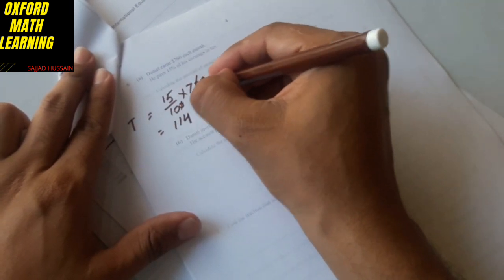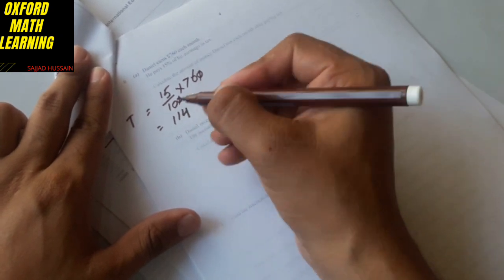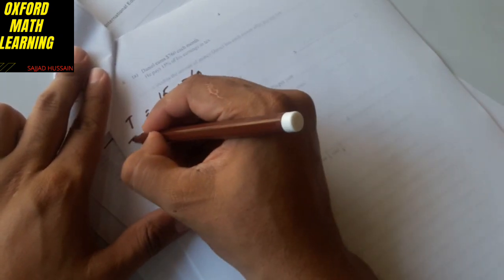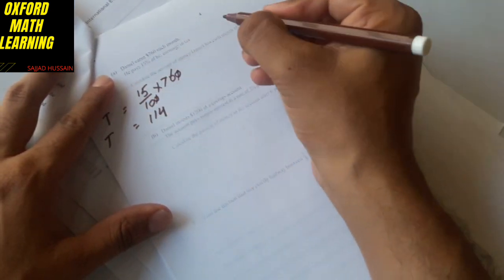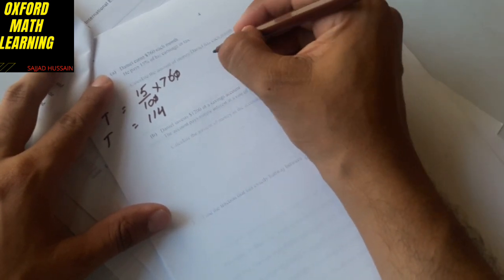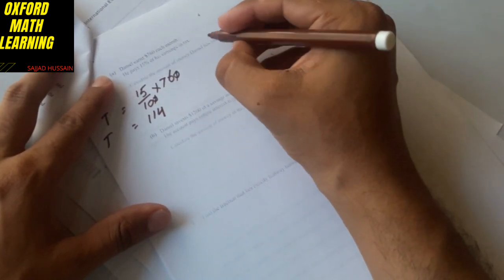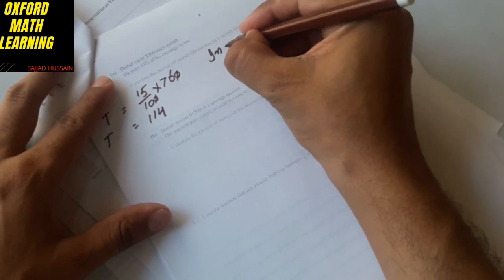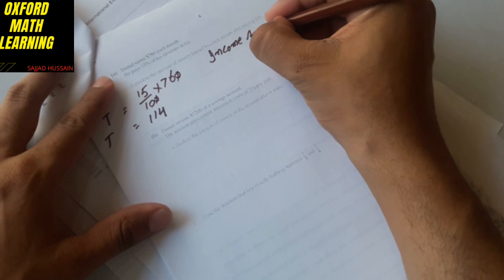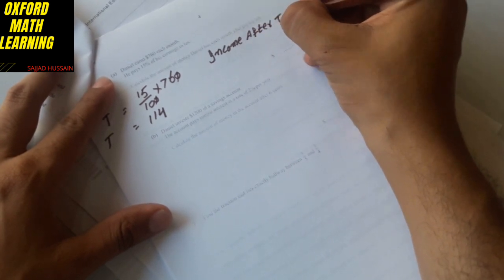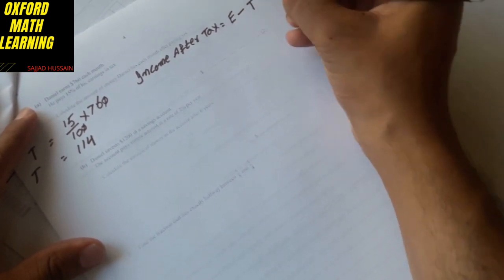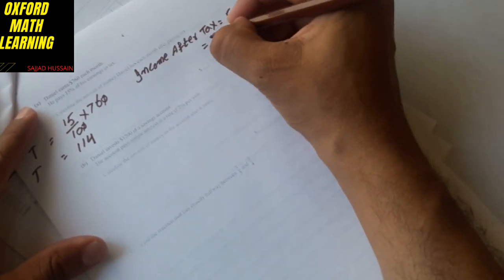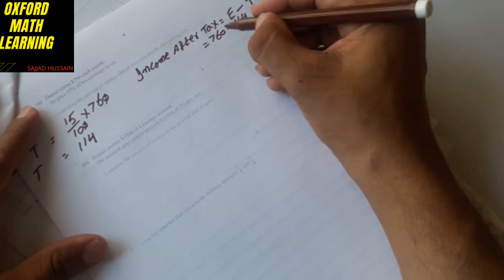0 will be cancelled with 0 and then we will simplify it. This will become 1140 divided by 10 is 114. So tax is 114. So we have to find earning. Calculate the amount of money Daniel has each month. So Daniel's income after tax will be equal to earning minus tax. So earning is 760 minus tax 114. So your final answer will be